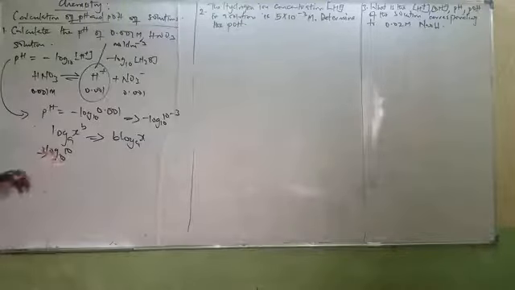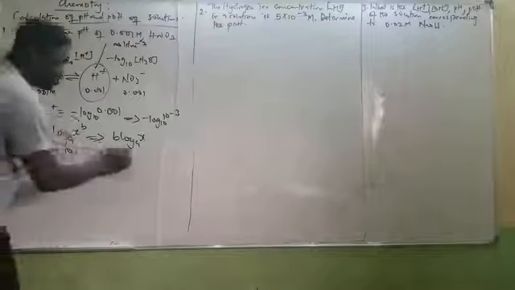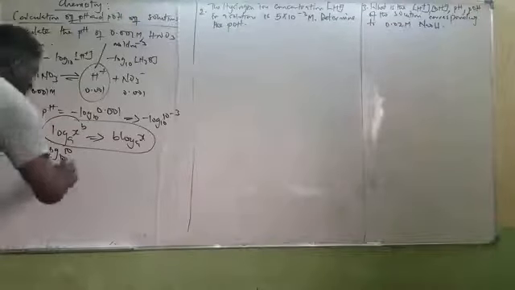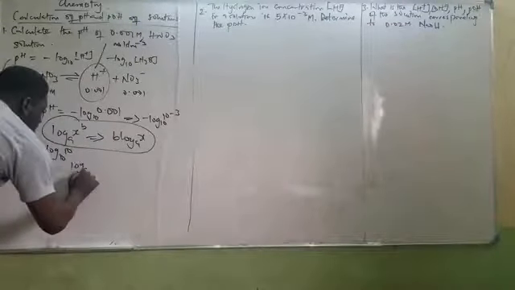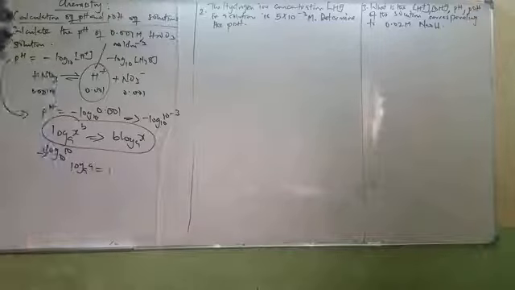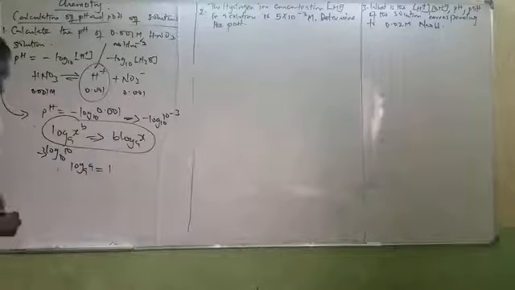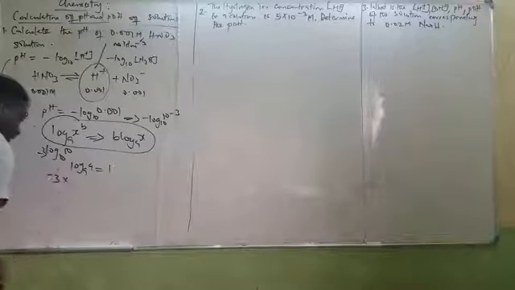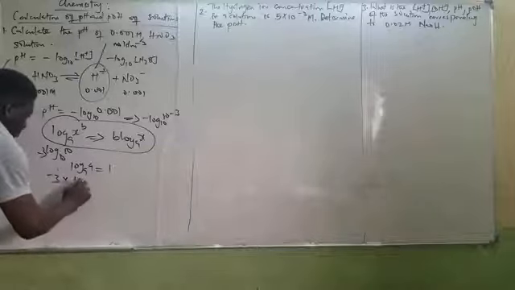Log 10 base 10, right? So this is like interpreting this particular law of logarithm to get to this point. And after getting to this point, let me bring another law in logarithm, which says that log a base a is equal to 1, right? Log a base a is equal to 1. So likewise, when we have this, we'll be having something like minus 3 times log,